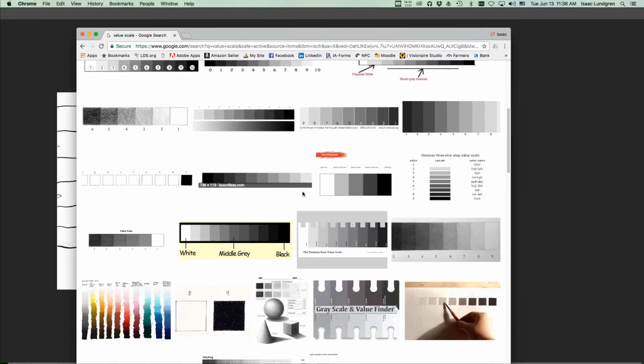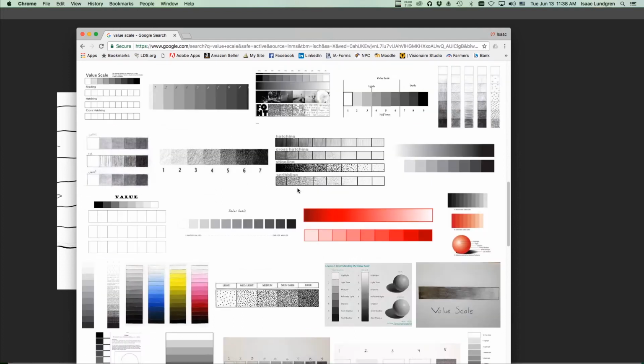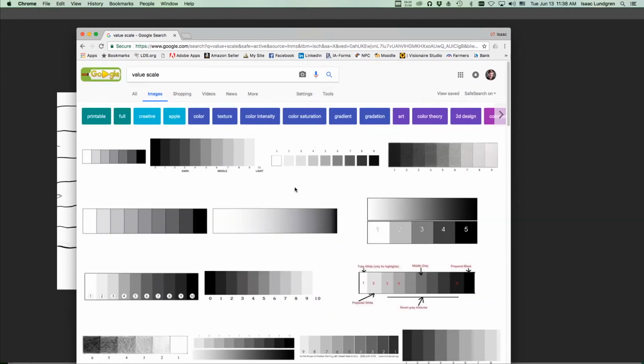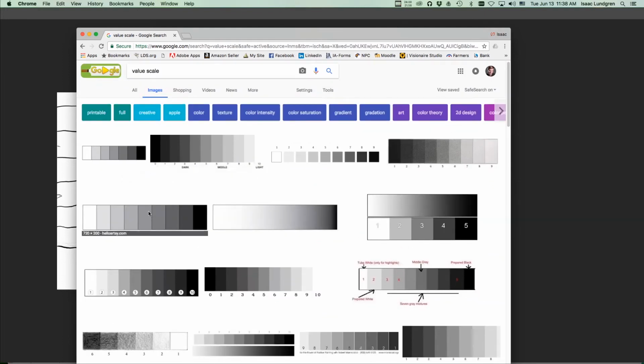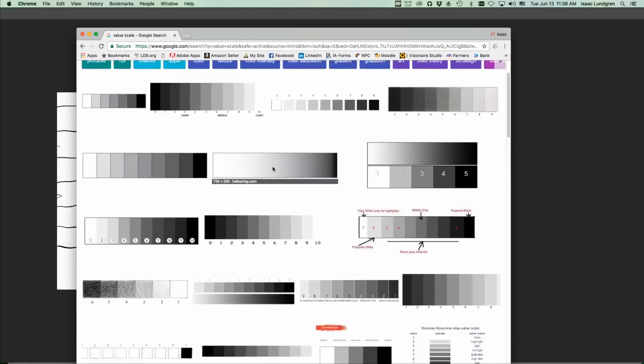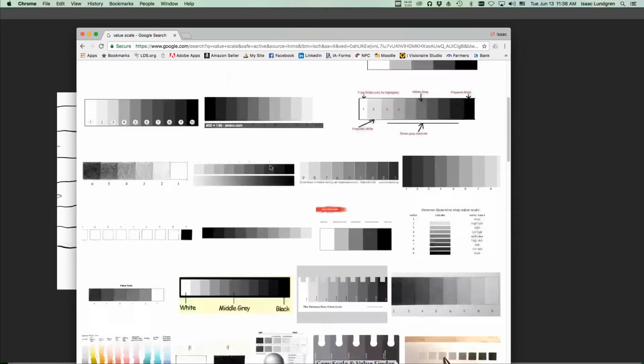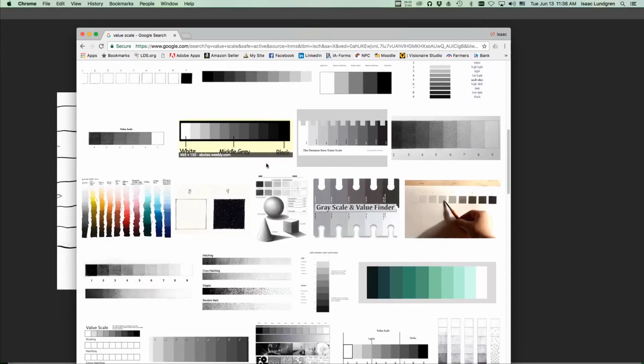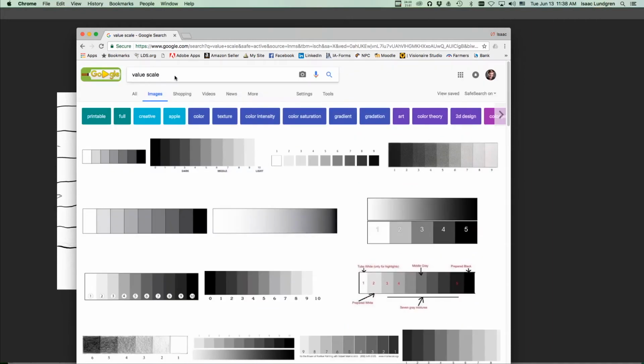Your image should contain a variety of different values. You don't want to just do light and dark. You want to have a lot of gradations in between, and that makes your artwork more interesting. It also is a big way in which we add form to our image. And what I mean by form